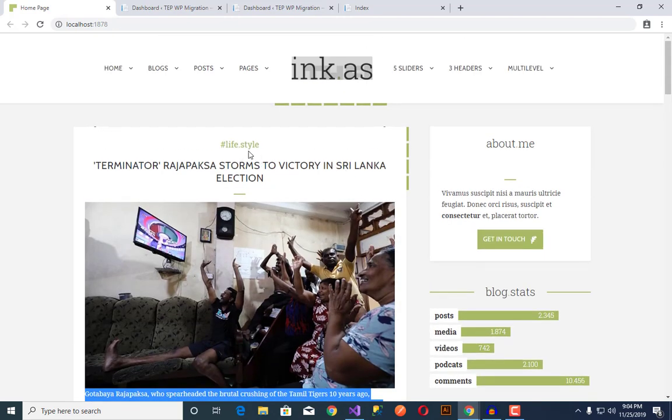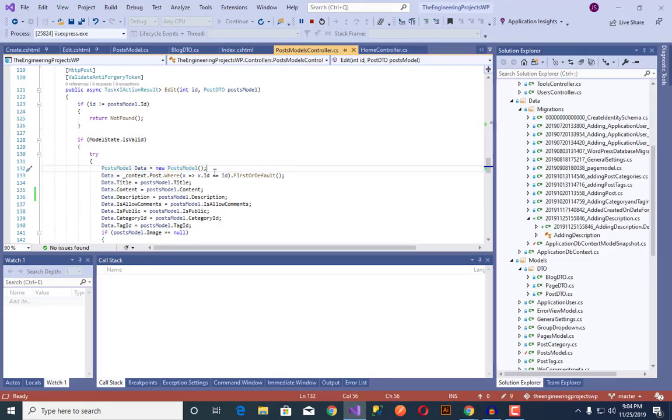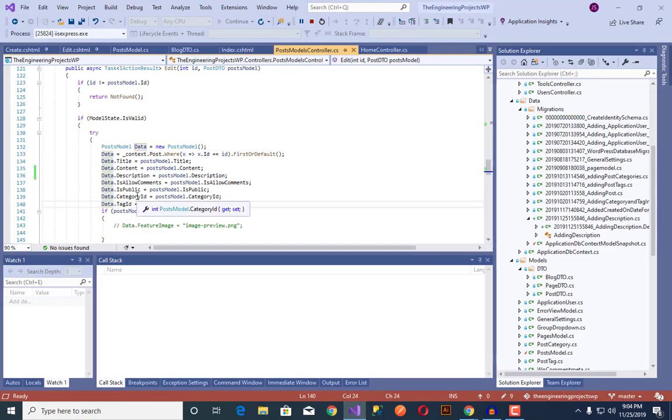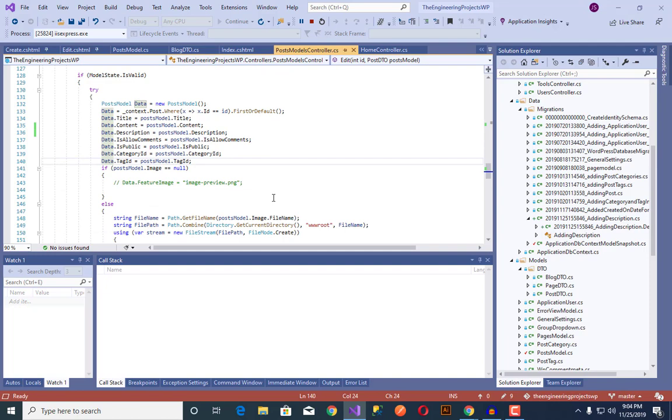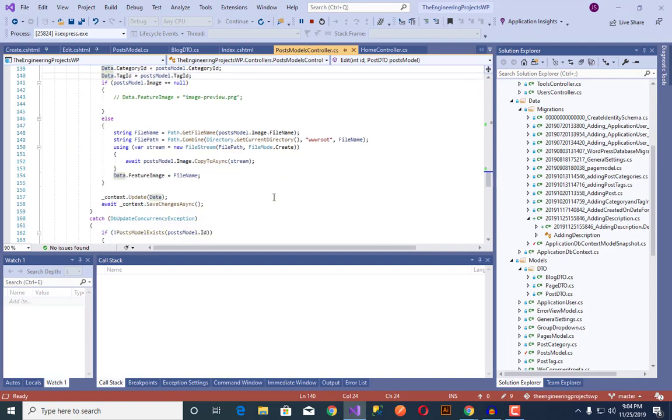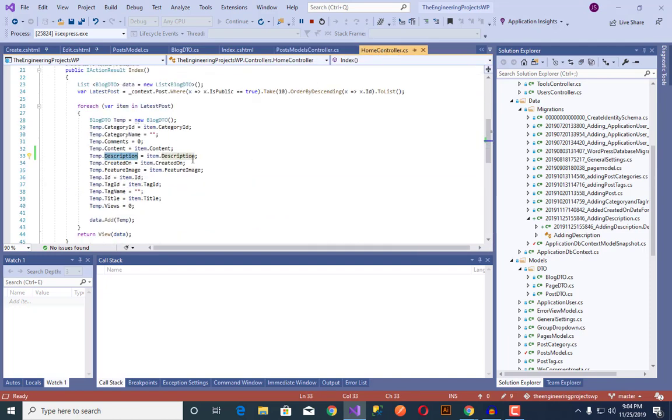Now we also need to replace categories and tag from this specific one. So what we will do, here we have category ID only, but we need a category name. So go to the home. Here we have the home page. So here we have category ID, not category name. So what we will do, we will get from the database. So stop the application flow,